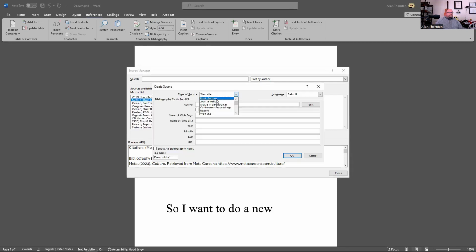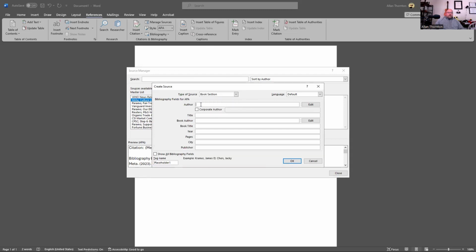I'm going to say a book, and I'm going to get the book that we're using for this course. I have that one in my bag. So we're going to look at Learning Contracts. All right, so it is a book that we're looking at, not a book section, but a book.